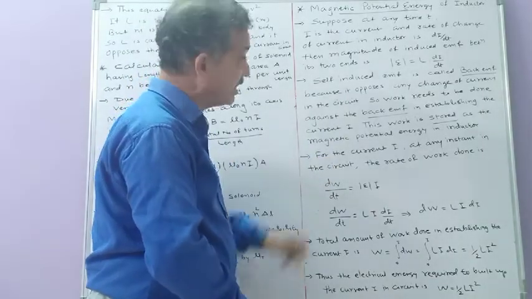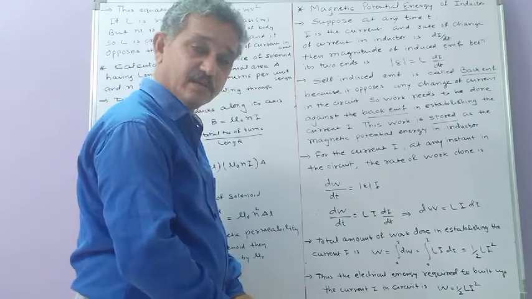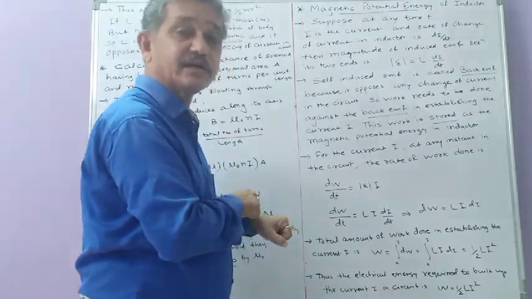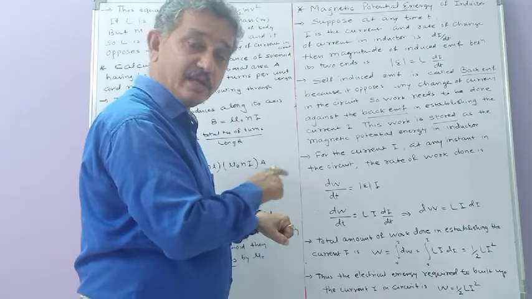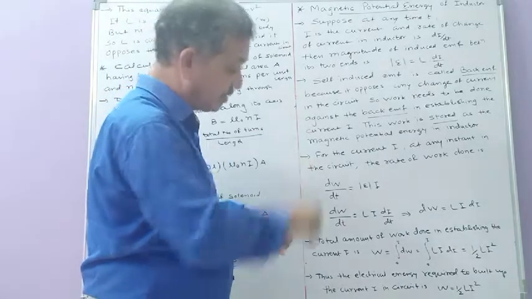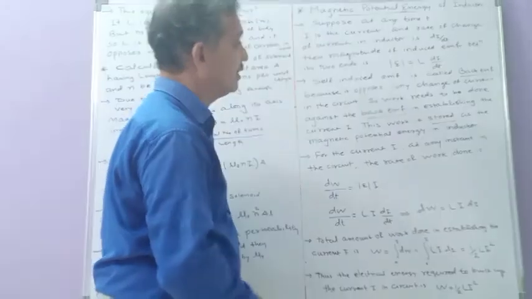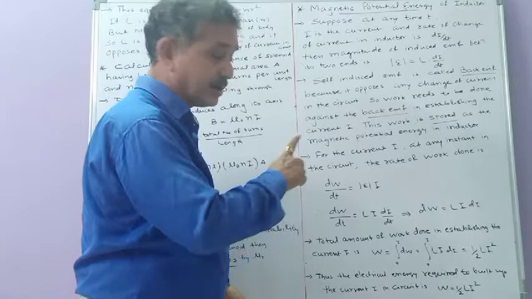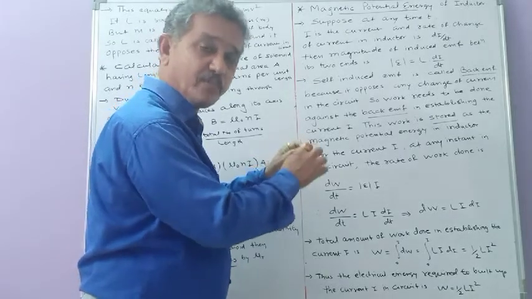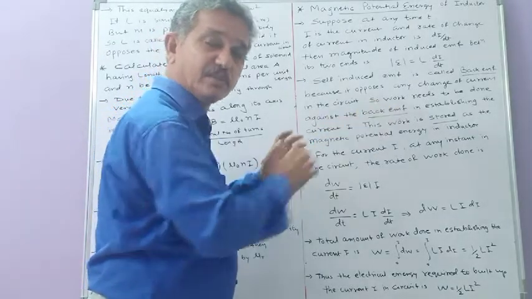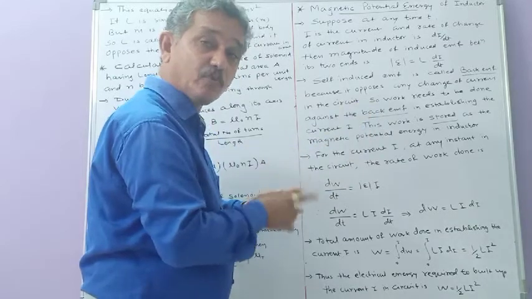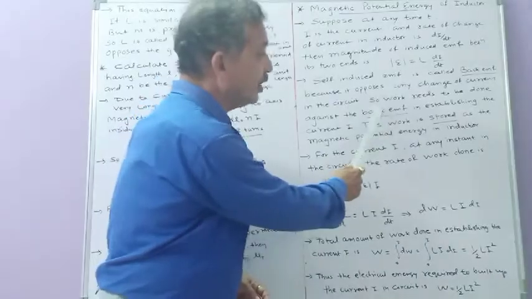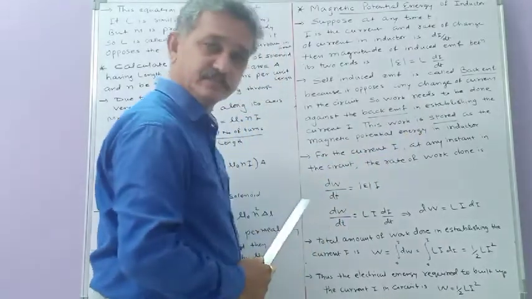तो इस तरह से यानी कि ये बैक ईएमएफ जनरेट होने के साथ ही अब अगर आप स्लाइडर को मूव करा के करंट इंक्रीज करना चाहते हैं या करंट डिक्रीज करना चाहते हैं, तो ये इंक्रीज या डिक्रीज ऑफ करंट का क्या करता है, ये सेल्फ इंड्यूस्ड ईएमएफ ऑपोज करता है। एंड ऑपोज करता है इसीलिए अब यहाँ पे ये करंट की वैल्यू 2 एम्पियर से 5 एम्पियर, 6 एम्पियर, 10 एम्पियर बढ़ानी है, तो इसके लिए आपको वर्क करना पड़ेगा अगेंस्ट दिस बैक ईएमएफ। So the work is needed to be done against